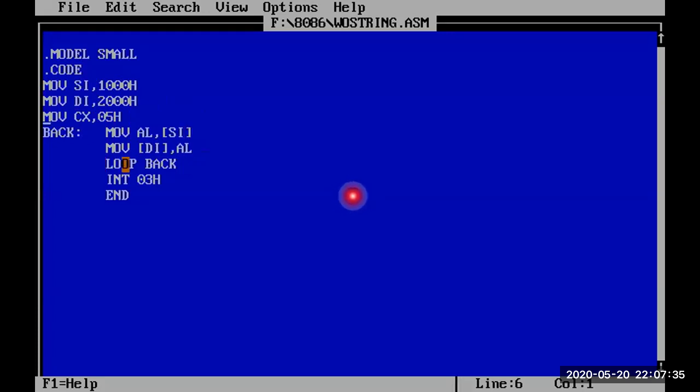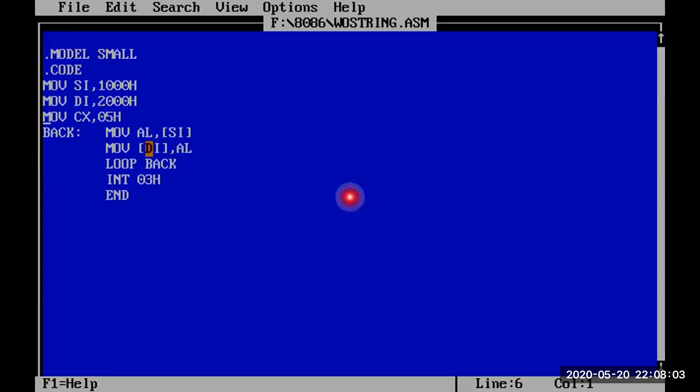And loop back means what it will do? It will do a 2-in-1 instruction. First it will decrement the count. The first value is moved from SI to DI, so the count becomes 4, and it will check the condition whether it is 0 or not. Jump if not equal to 0, so it will come back. Like that, every time the data will be moved from 1001 to 2001, 1002 to 2002, 1003 to 2003, 1004 to 2004.